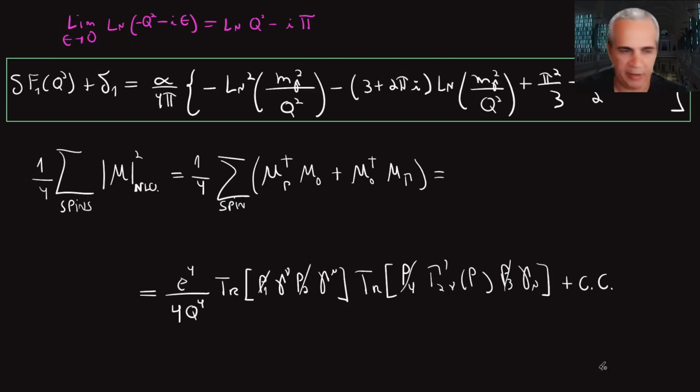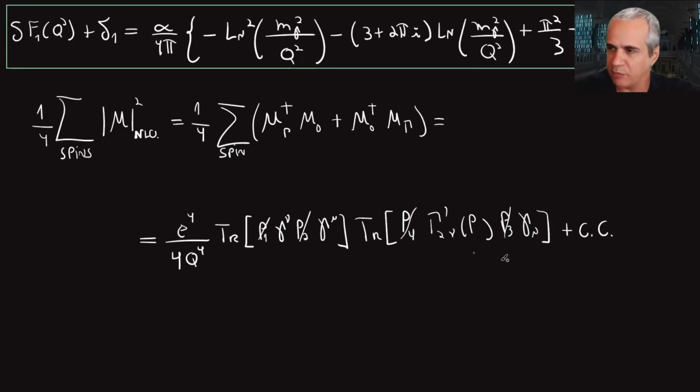I won't write everything again. Now, what I mean by prime here is really that I'm taking this guy, right? Let me write everything. This is the trace of p4 slash times the complex conjugate of this,